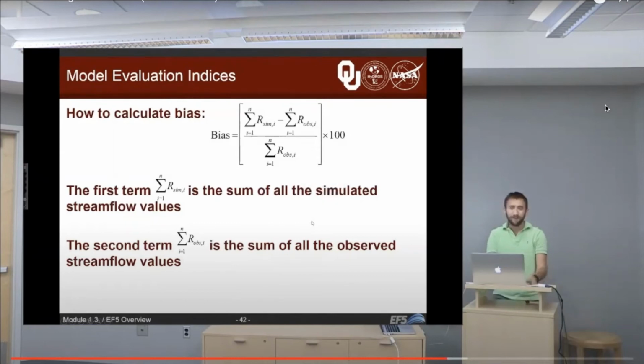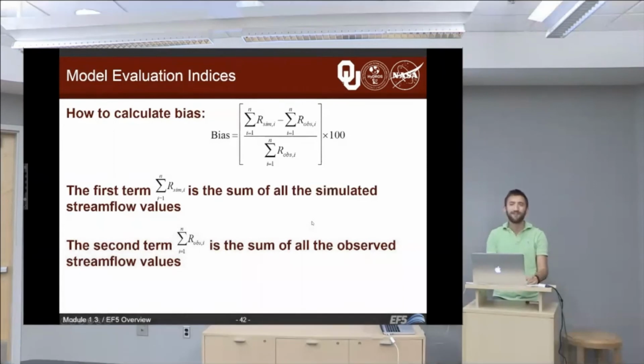So mathematically, we promise we don't have a lot of equations in the training, but we do have a few in this module. This is how you calculate bias. It looks like a really ugly, awful equation, but we're going to break it down step by step and find out that it's